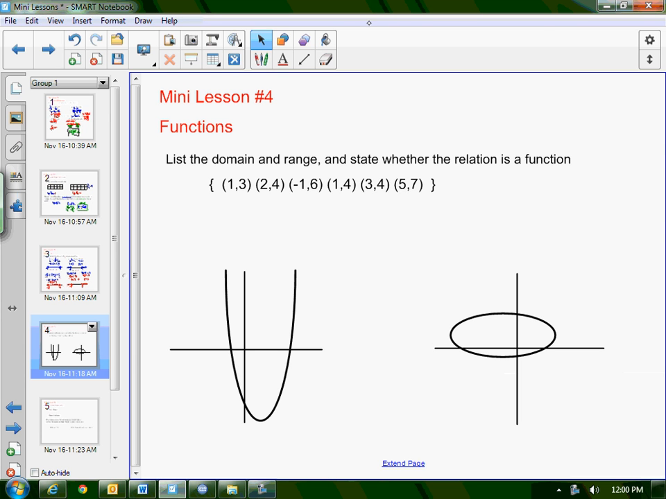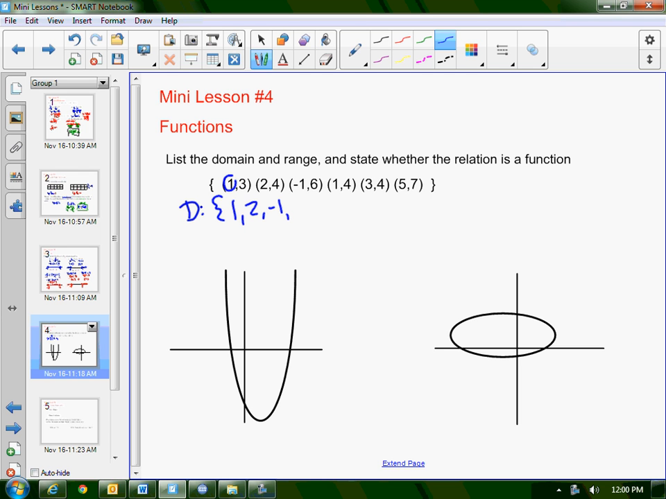Alrighty, mini lesson number 4, we're going to talk about functions. This says list the domain and the range, and then tell me whether or not it's a function. The domain, I'll use D for domain. The domain is a set of x values, so 1, 2, -1, 1, 3, and 5, but what I did